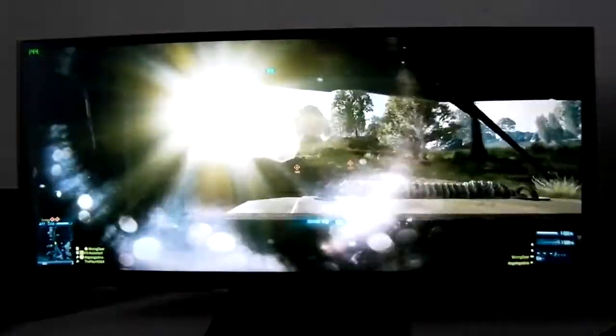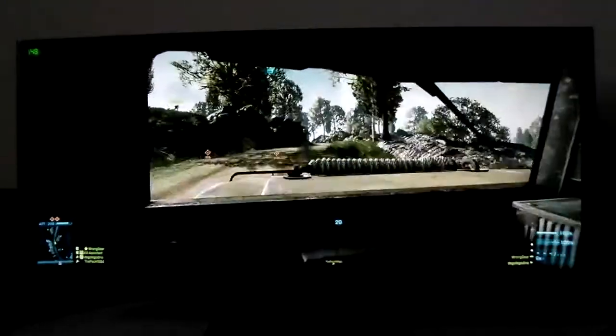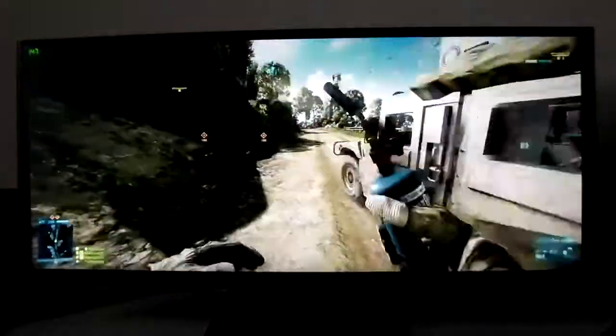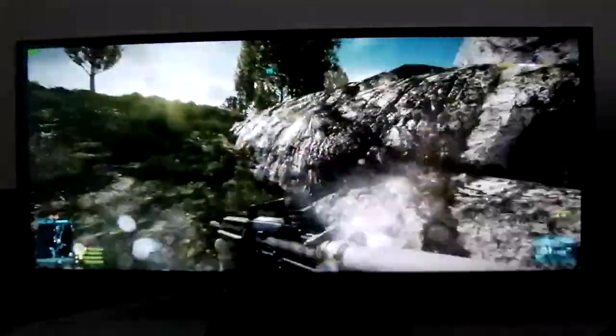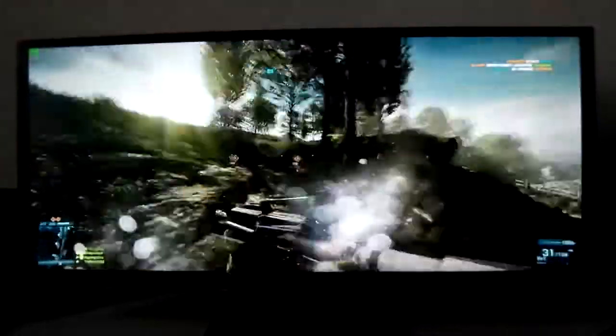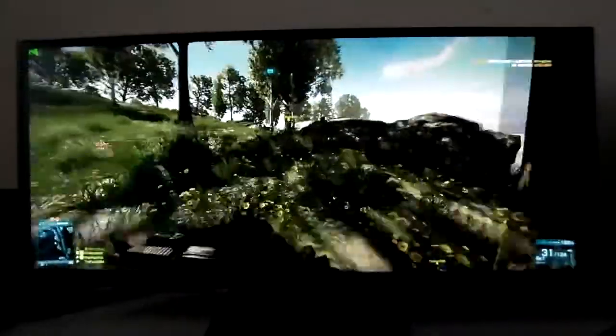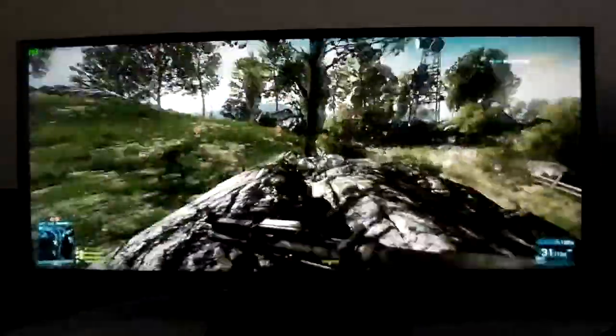So that would be the width of a 2K with the height of a 1080, and it's a 21 by 9 aspect ratio, which is crazy, but it really comes in beneficial in stuff like video